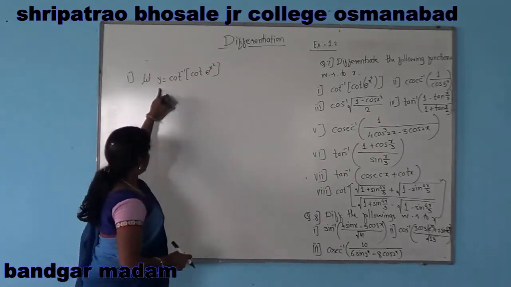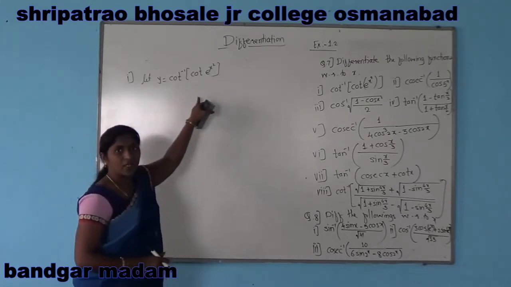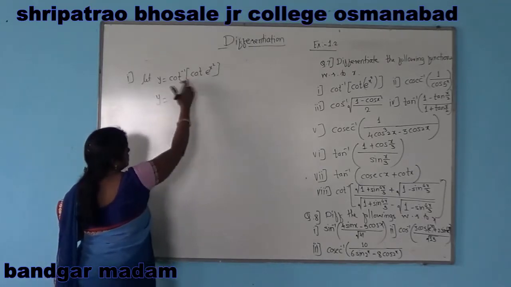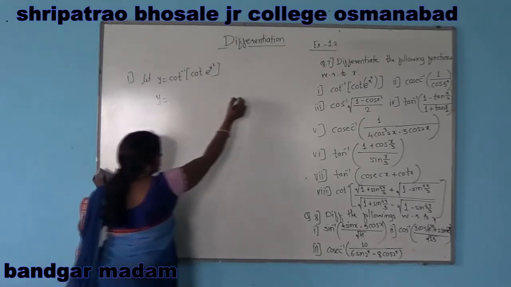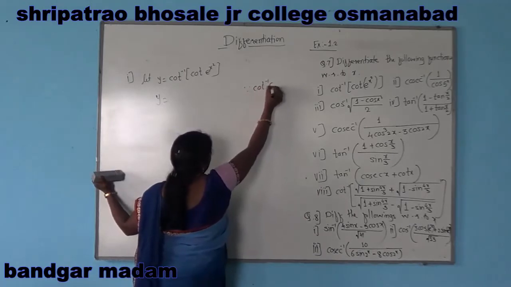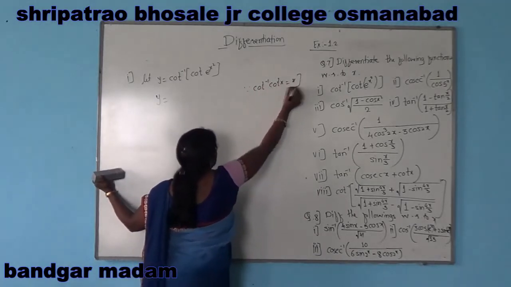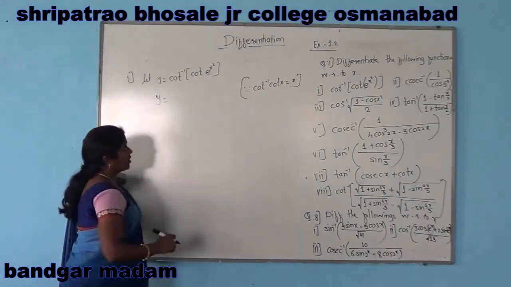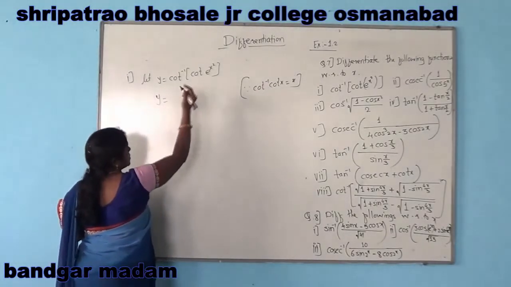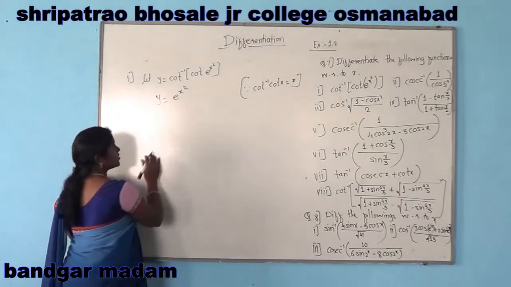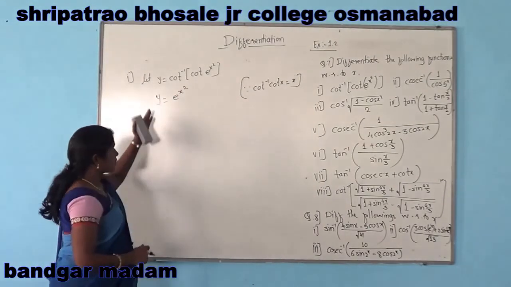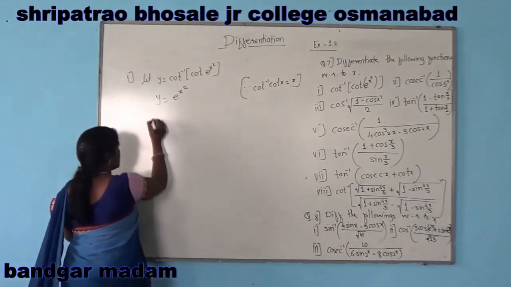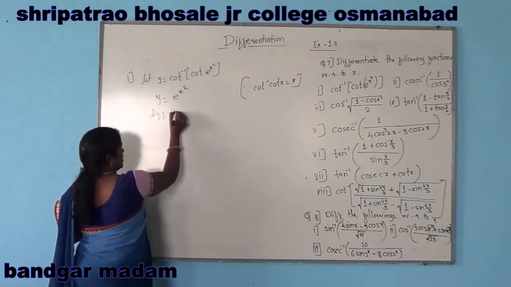Now, instead of differentiating directly, we will simplify the function y. So cot inverse and cot here cancel. Since we know that cot inverse of cot x is equal to x, we can cancel cot inverse and cot, and then we get the function. So y is equal to e raised to x square. Now this is our simplified form. We can differentiate this y with respect to x. So differentiating with respect to x,